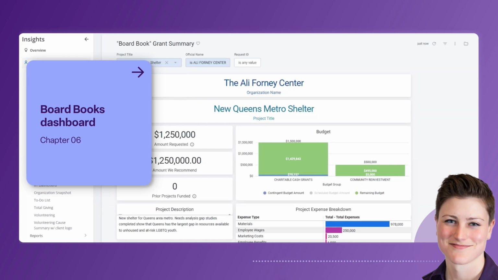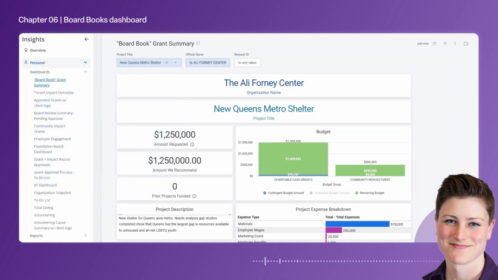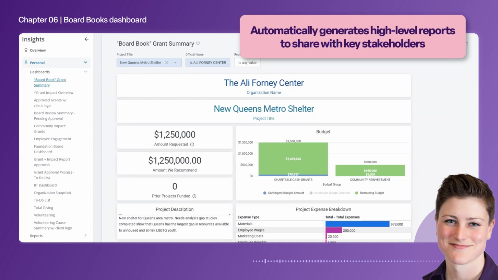Building reports for a board committee review can involve manually pulling every single grant request and reviewing them for relevant information, and then manually altering all of that information to provide your board committee with a specific, digestible summary, often with visual components that you have to manually calculate yourself. Our board books dashboard removes this layer of manual work and automatically generates high-level reports that you can share with